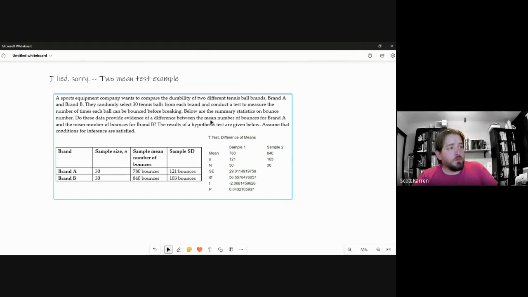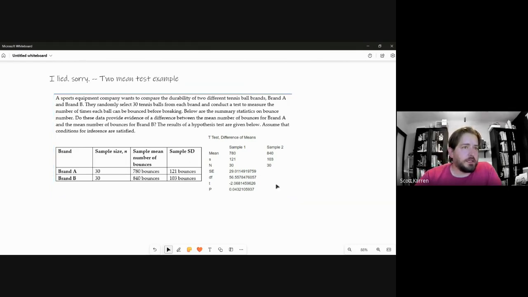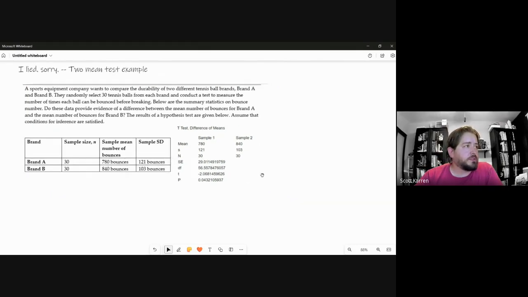So what I have is two different samples, some information on both. So we're going to walk through that test for the t-test for the difference of two means. So the data that I've gathered that is here is given to me here, right? This stuff. So the first thing that I'd want to do is